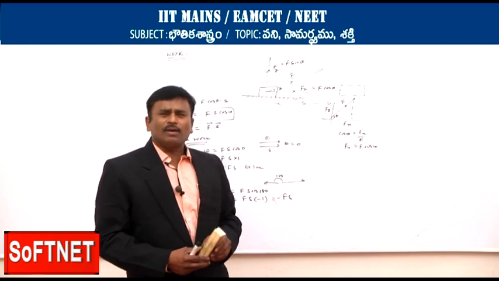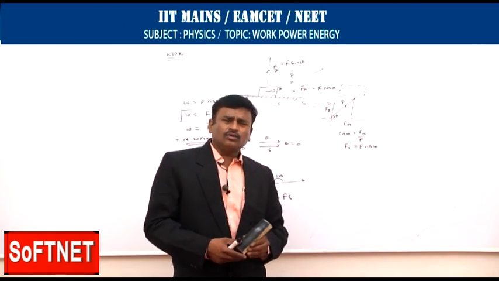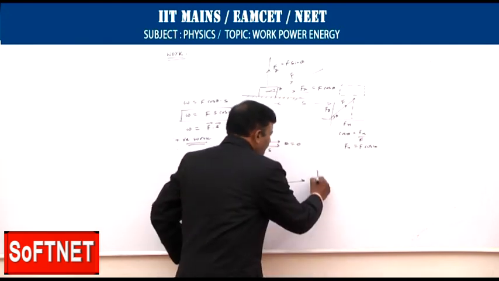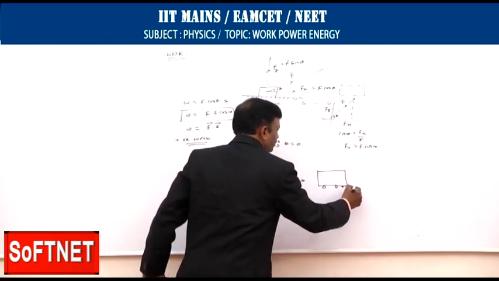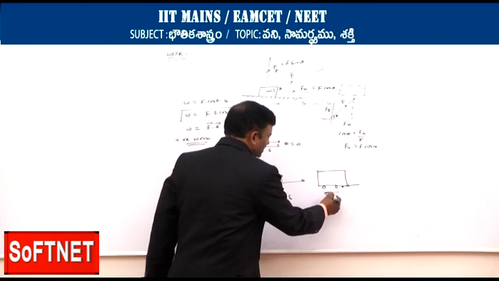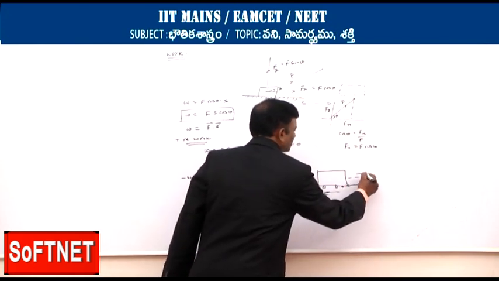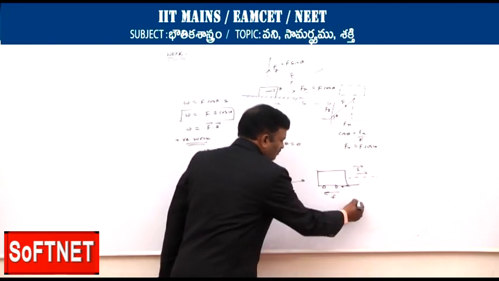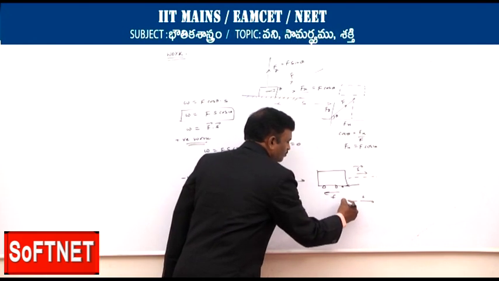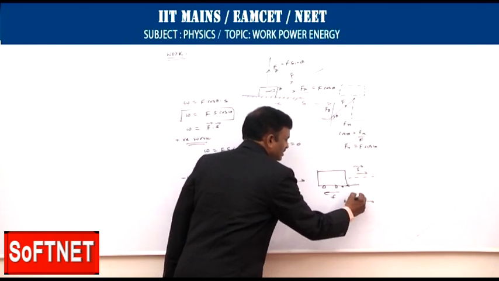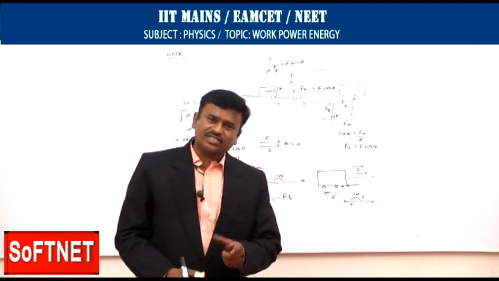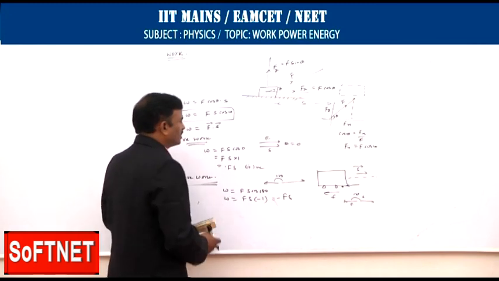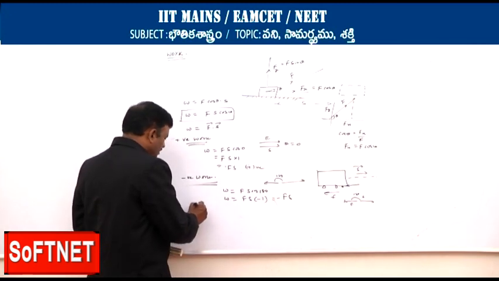Example: when you apply the brakes to a vehicle, you are applying force and the frictional force will act. Assume there is a bus, brakes are applied, frictional force is acting in this direction, and the bus will be moving in the forward direction. The displacement is horizontal, the frictional force is opposite, so the frictional force and displacement are in opposite directions. That is, theta is 180, and the work done by friction is negative. In such a manner, negative work. The third one is zero work.